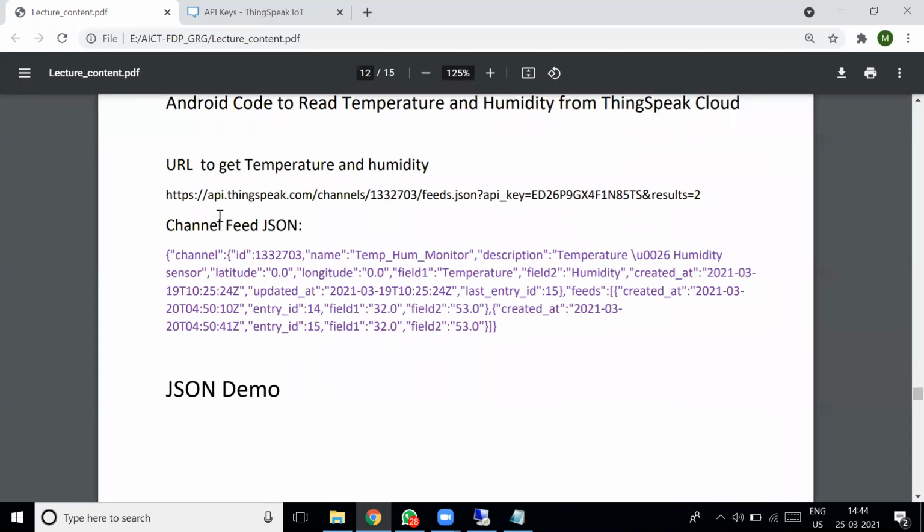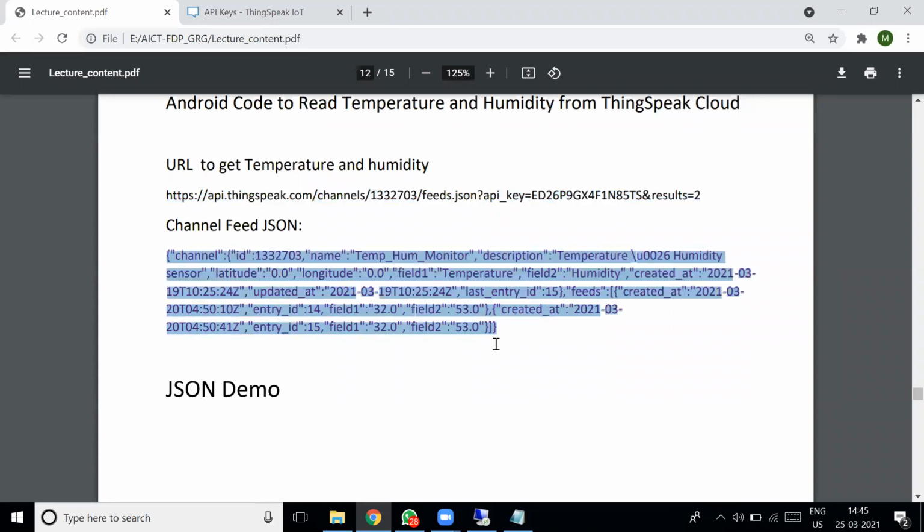Before going to the code, this is the URL we are going to use in your Android program to get the value from the cloud. Once you execute this line in the browser itself, it will display this JSON object.